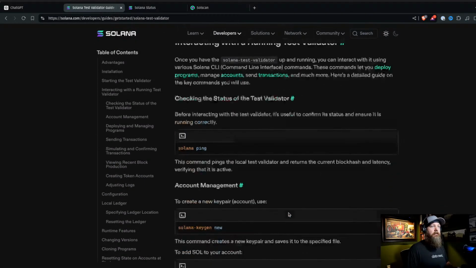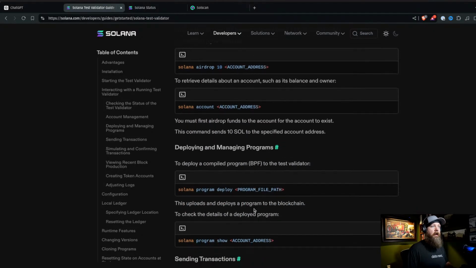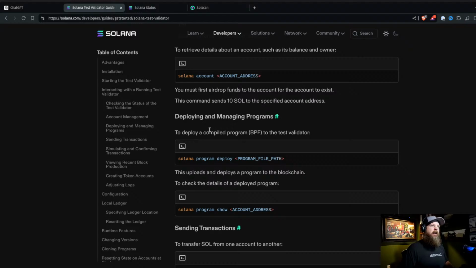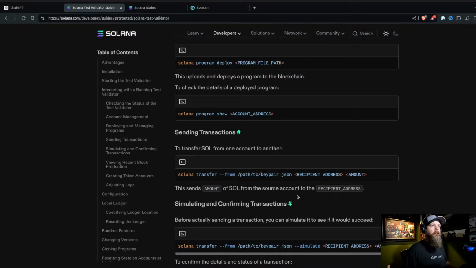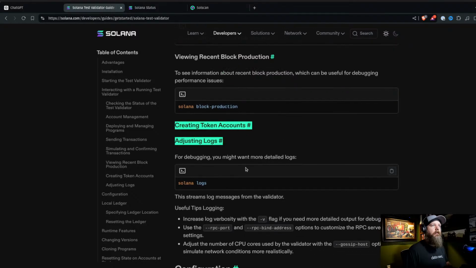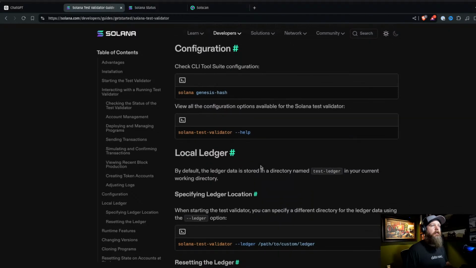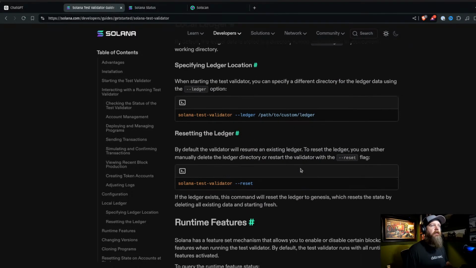Advantages, and still okay. We just did that. Okay, Solana. Look at managing programs. Program deploy. Program show. Okay, file. Transfer amount. Okay, transfer. Viewing recent token accounts. When starting the test, but you can specify. I don't really care. Resetting the ledger. This is stuff I want to know for the future, but right now,